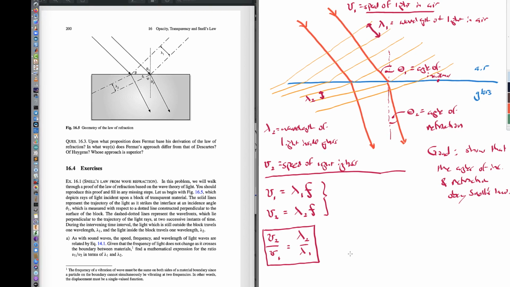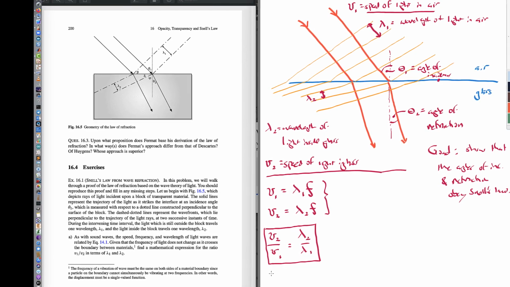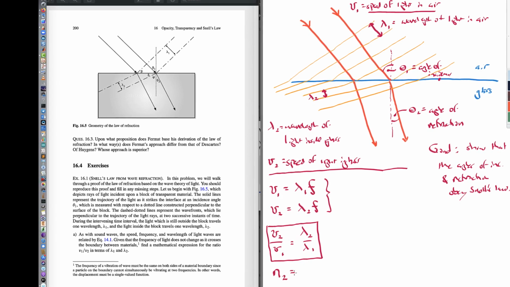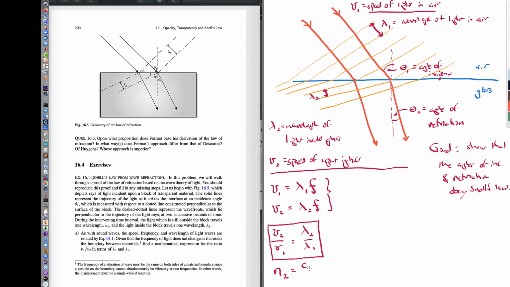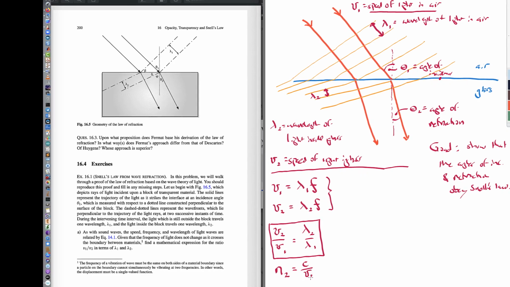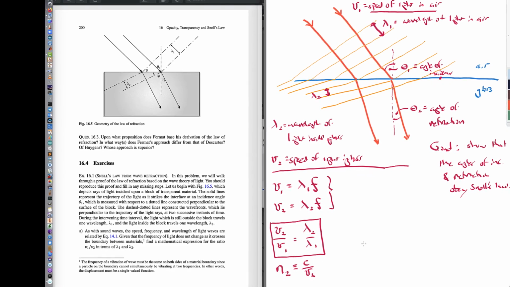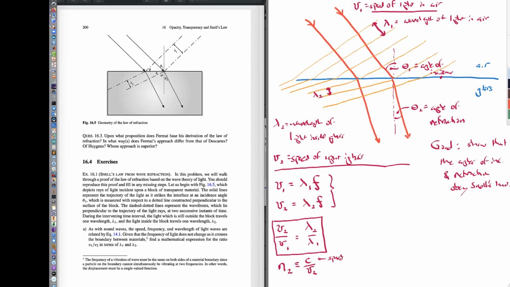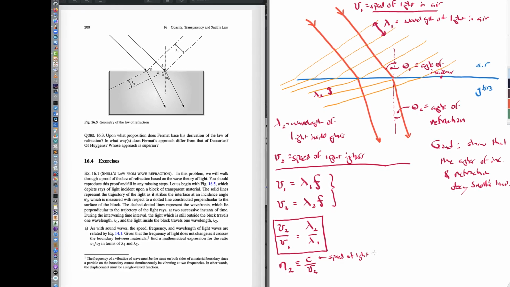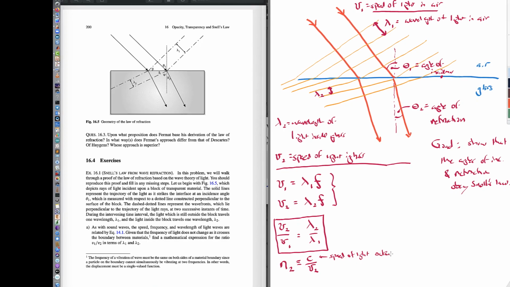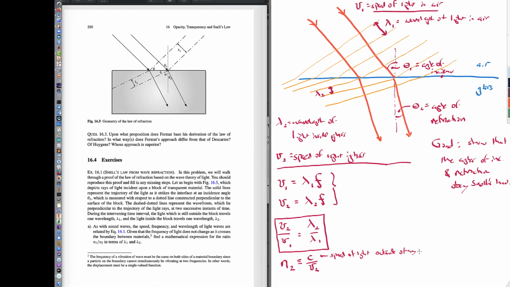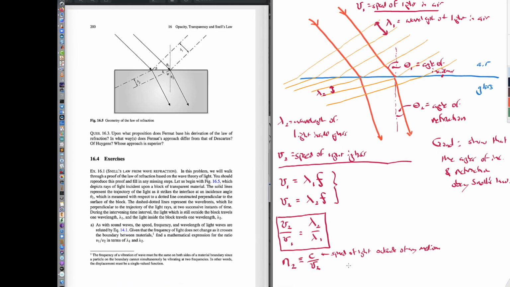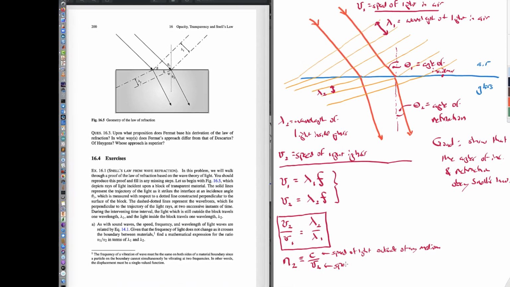Okay, there's another piece of information that we're going to need to use, and that is the definition of what's called the refractive index. The refractive index of a material is the ratio of the speed of light in a vacuum to the speed of light in that material. That's the definition of refractive index. So again, this is the speed of light outside of any medium. I guess Huygens would call it the speed of light in pure ether. And this would be the speed of light in a medium,